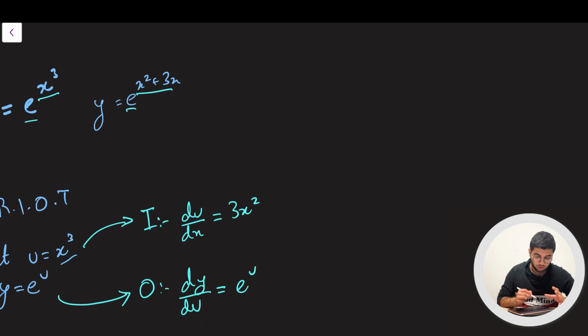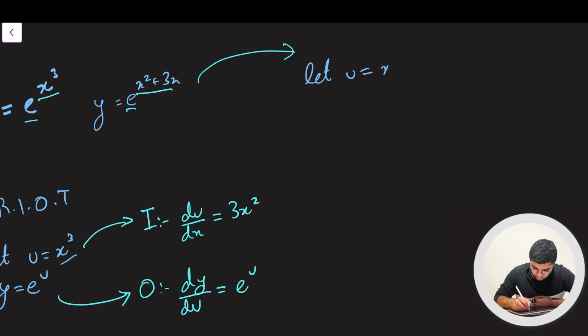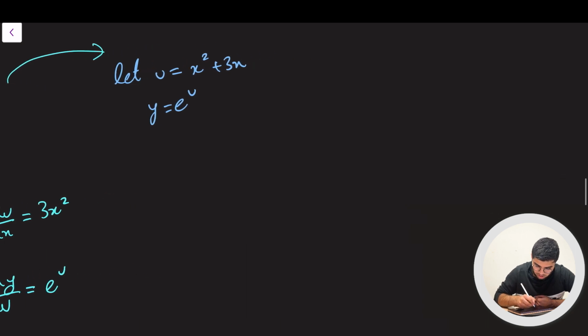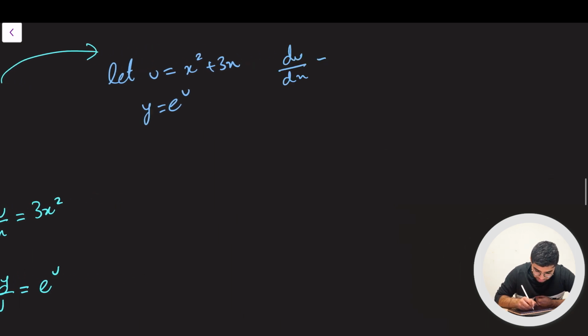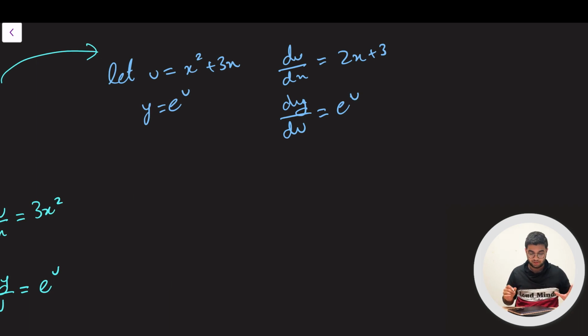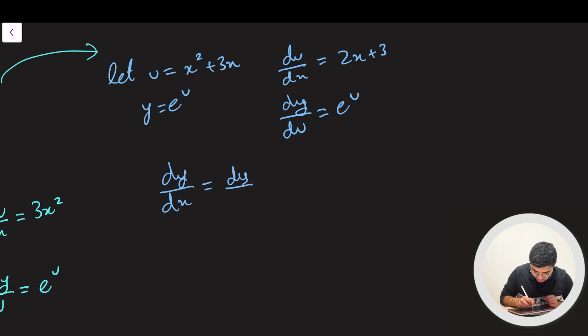All right. I hope you had a good shot at it. What we are going to do is the same thing as we did before. Let u equal x squared plus 3x. Therefore, y is equal to e to the u. du on dx is equal to 2x plus 3. dy on du is equal to e to the u. Straightforward stuff. And dy on dx is equal to dy on du times du on dx, which is this